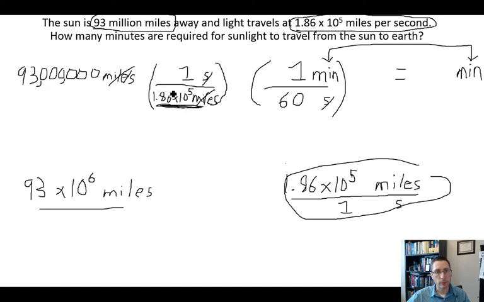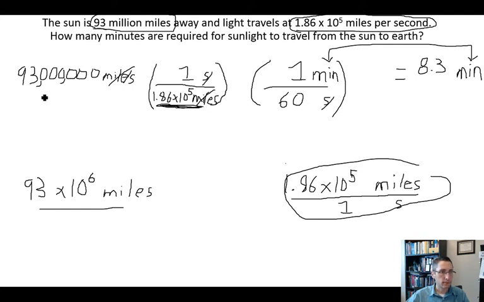Okay, so 93 million divided by 1.86 times 10 to the 5th. I usually will hit enter at that point before dividing by the second number, which is 60. Okay, so after dividing by the scientific notation, I get about 500, and then I divide that number, 500, by 60. Okay, or you can do successive ones in your calculator, but any way you do it, you should be winding up with 8.3 minutes. And it's going to say in your calculator 8.333333, repeating forever, minutes, but you need to terminate that